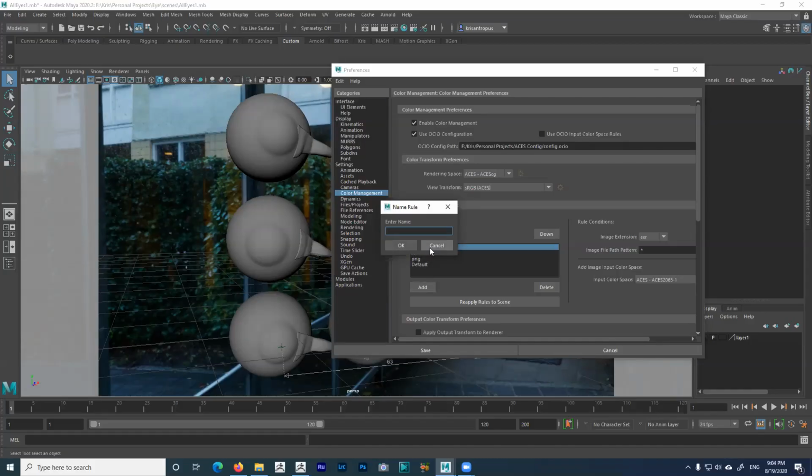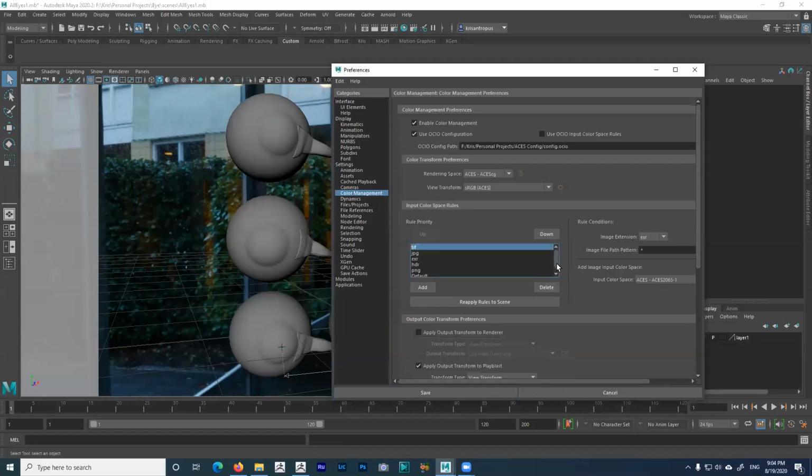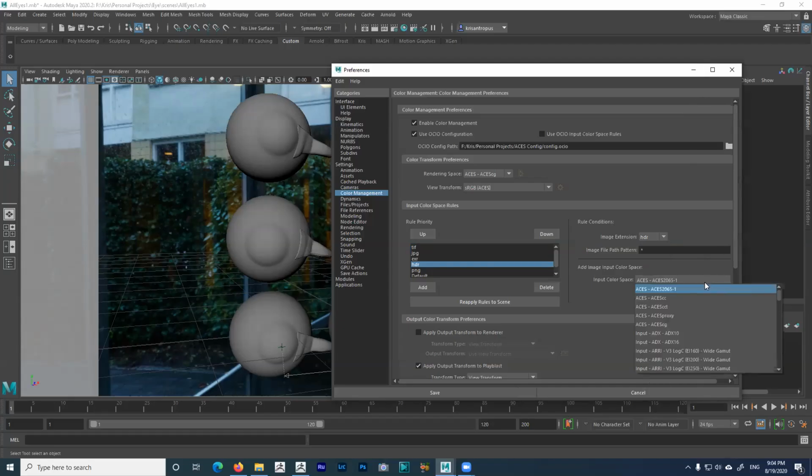Let's do some JPEG and then TIFF, something like that. So for the TIFF, I'm going to consider like 32-bit TIFF. So I'm going to just do it like the HDR. And let's switch this one to match it, so HDR. And then here, in this drop down, I'm going to switch to utility,